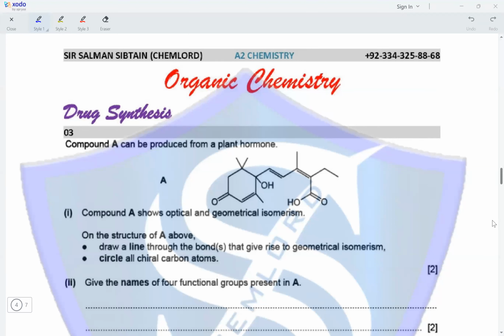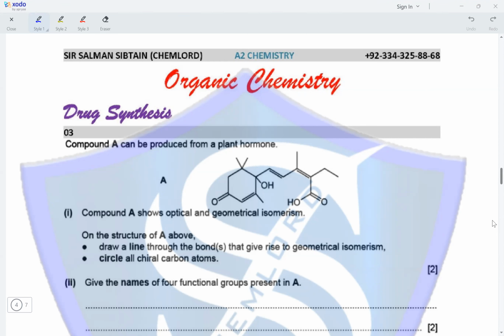Question 3. Compound A can be produced from a plant hormone, and the structure is shown. Compound A shows optical and geometrical isomerism. On the structure of A above, draw a line through the bonds that give rise to geometrical isomerism. So geometrical isomerism